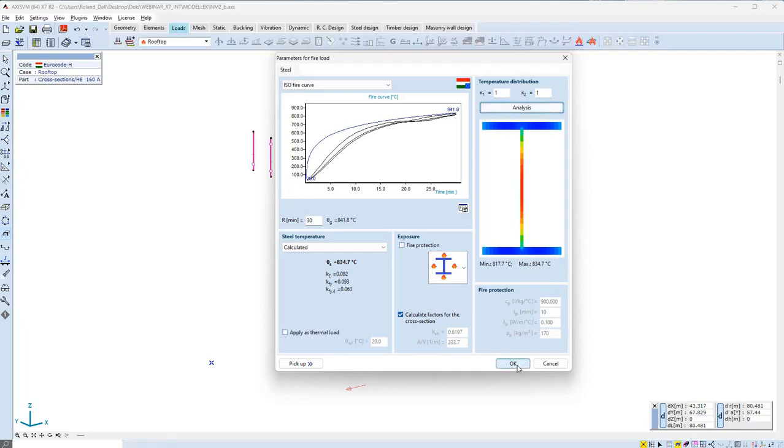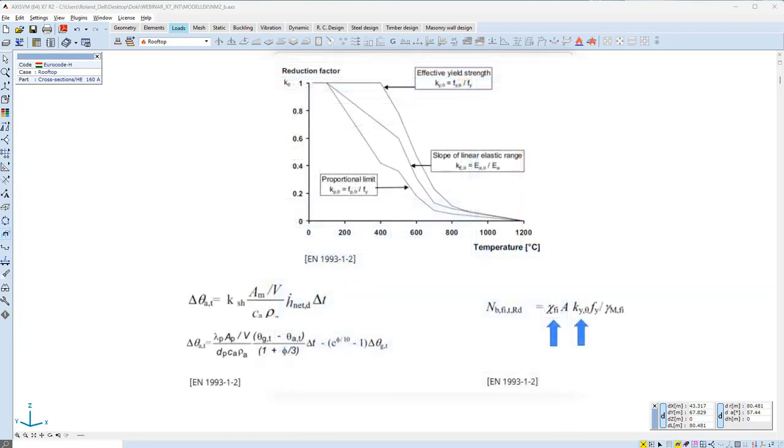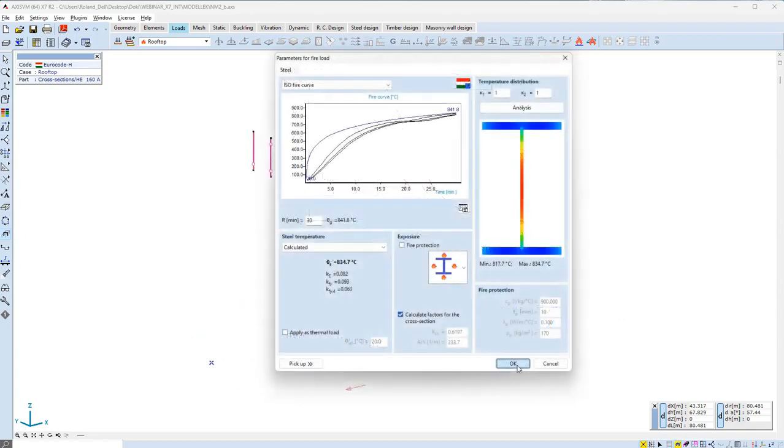As it was mentioned during the presentation, AxisVM fire design process is based on isolated member approach. For this, we need to know internal forces, boundary conditions, material, cross-section, and steel temperatures. The steel material itself is a good heat conductor and heats up very quickly in a fire. The strength and stiffness parameters of the material decrease rapidly at elevated temperatures, which makes steel structures very sensitive to strength and especially to stability failures in a fire. So after we have the steel temperature, we can reduce the yield strength and obtain new buckling reduction factors according to the lower stiffness and modified boundary conditions.